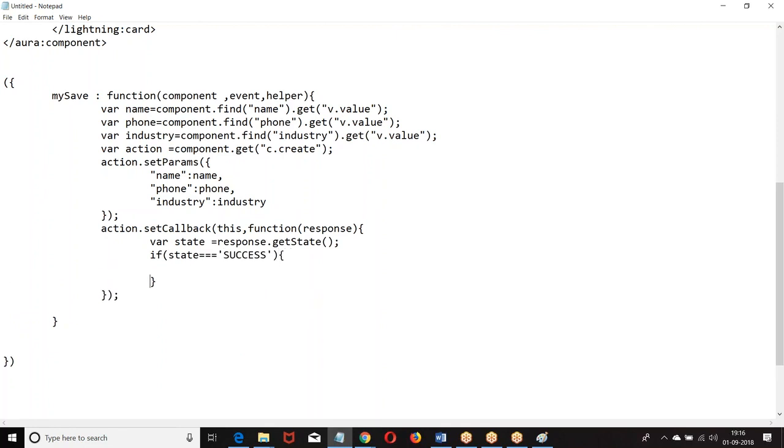With the state equal to success, what are we supposed to do? Get the return value. State is success, get the value from the method. What is the method giving? Record equals response dot get return value.